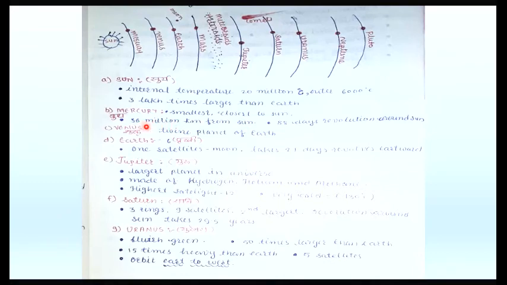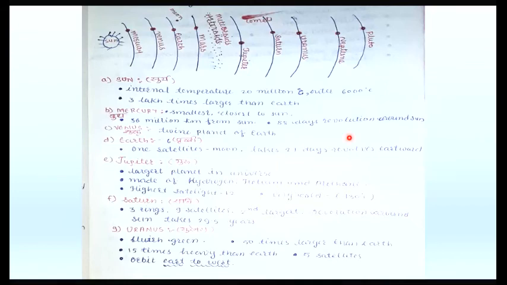Distance from sun is 36 million, and it takes 88 days to revolve around the sun. Next is Venus. This is called twin planet of the Earth. Okay, अर्थ के जैसा ही दिखता है ये कुछ, इसलिए इसे ट्विन प्लैनेट कहा जाता है. उसके बाद है हमारी अर्थ, one satellite. Okay, उसका नाम है, हम उसे मून कहते हैं. It takes 27 days to revolve and revolves